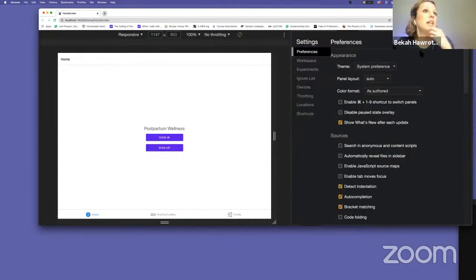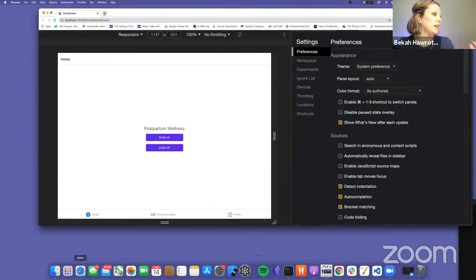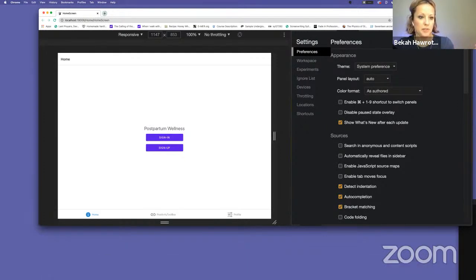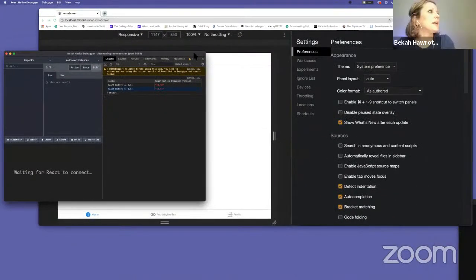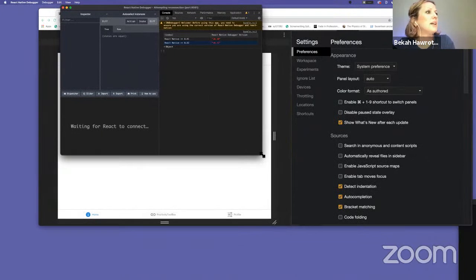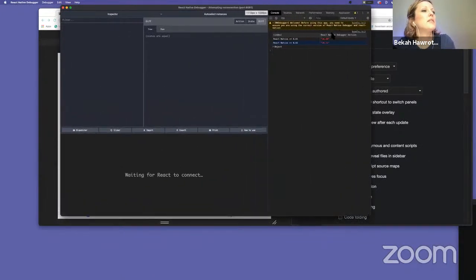Yeah, React Native does have in their own separate, actually, it's got to be called React Native Debugger, right? Let me put my sign. React Native Debugger. Let's see if I launch this, if I can use it. Okay. Okay. So here we go. This is React Native Debugger. And yep, I think I'm using it right. It's waiting to connect.